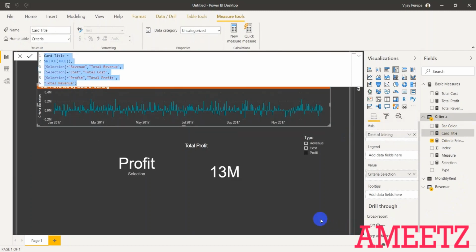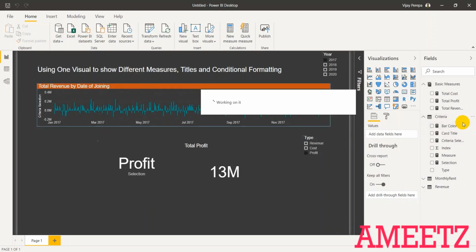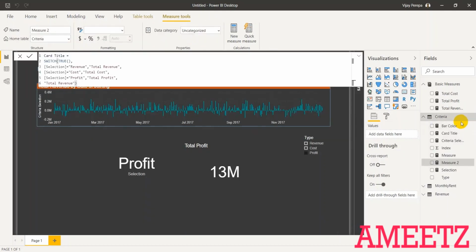And then I'm adding a new measure, pasting as it is and changing few things. Only this is chart title and this is revenue by date, total cost by date, and press enter.